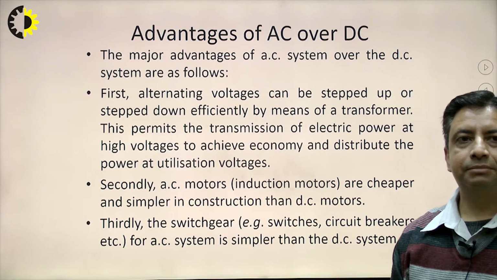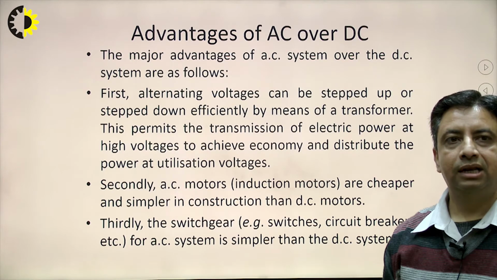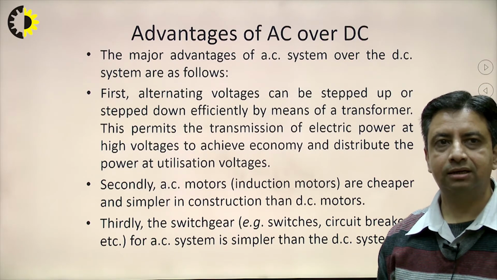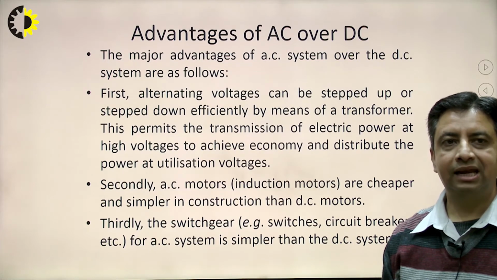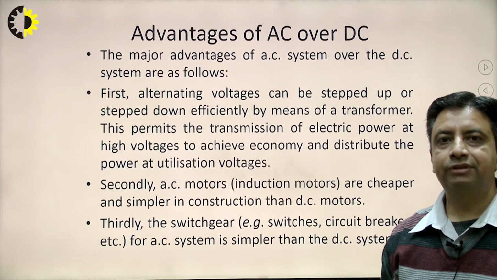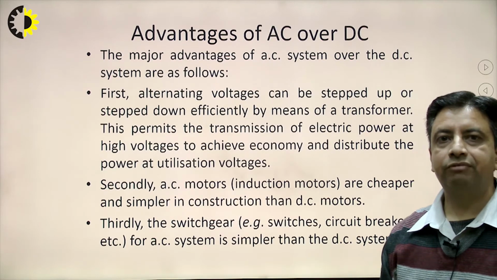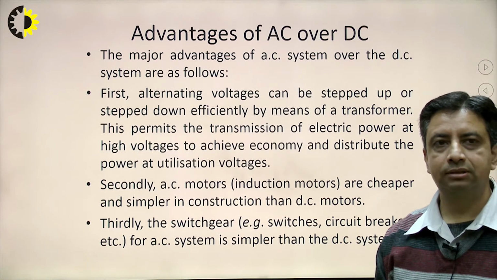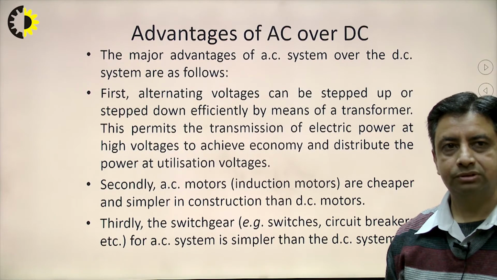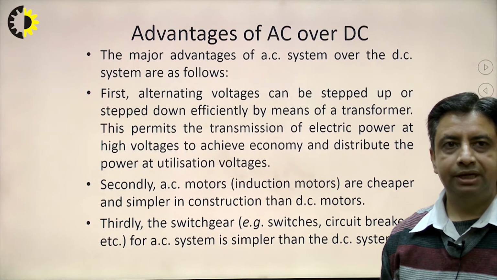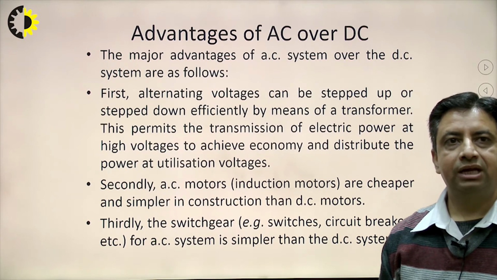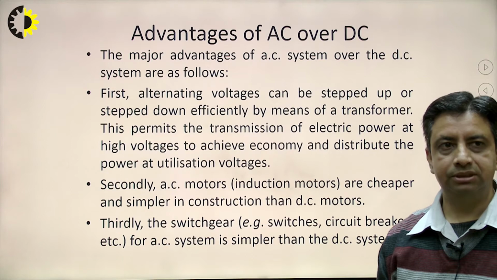Now how the system becomes more economical, let us understand in this way: we know that the area of cross section of the conductor depends upon the current carrying capability. So if the value of the current is reduced, the weight of the conductor material required will be reduced. Similarly, we know the power loss is I square R loss. So when the value of current is reduced, the power loss will also be reduced. So this was the first and foremost advantage, that's why we prefer AC for transmission purposes.